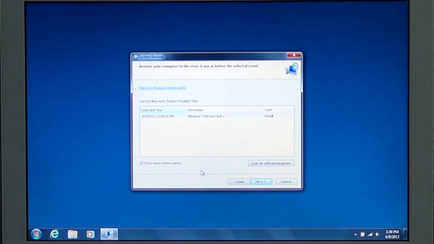Now, what's the careful use of this restore function? Go back, but go back to the closest restore point you can find in time. So today we are, for example, April 9th. If I had a problem today and there was a restore point for April 8th, then I'll use April 8th. If I've had the problem for a week, of course I'll go back in time, farther back in time to a restore point before the problem,